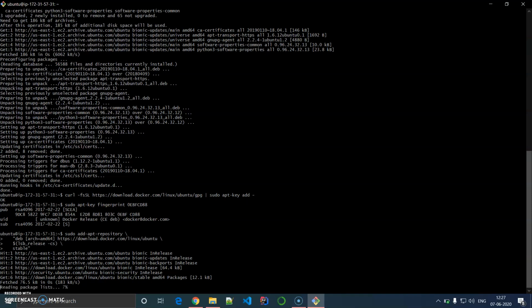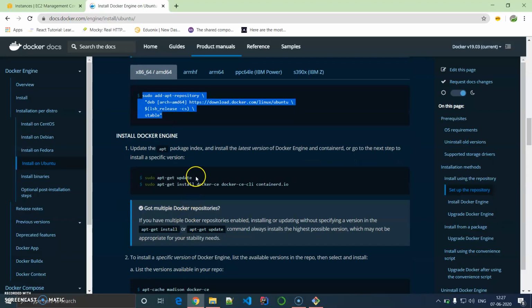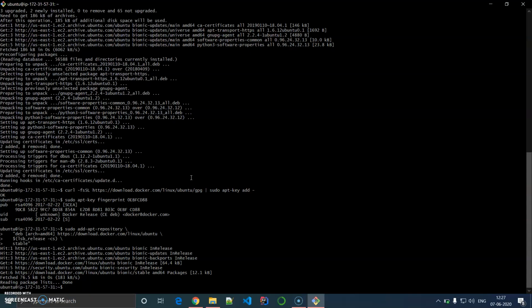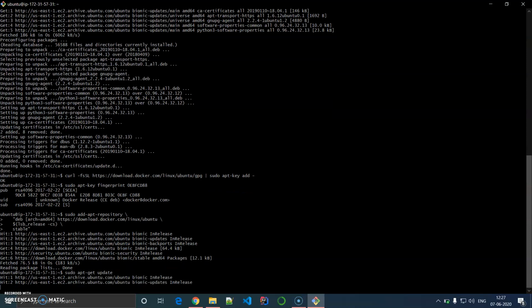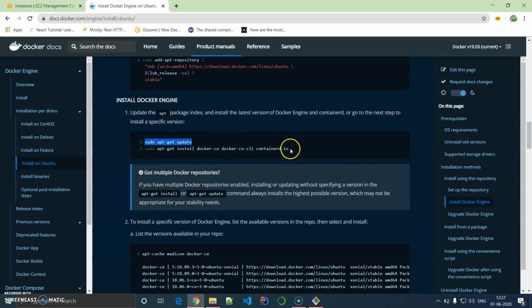See, I'm following the very basic and simple steps, right? It's not very complex. It's understandable. You have to just go to this particular URL and hit it, and then finally follow these steps one by one. Won't be taking much time. And finally, you have to install the containers and everything.